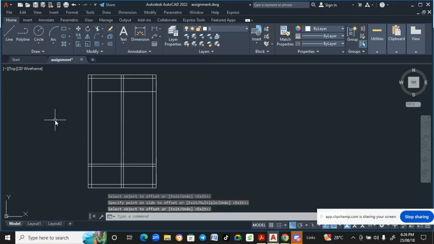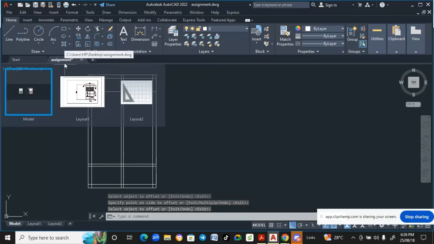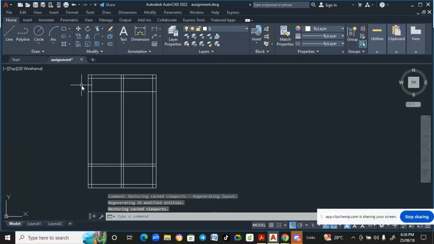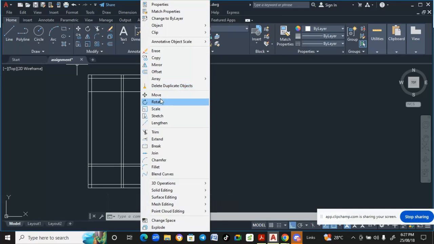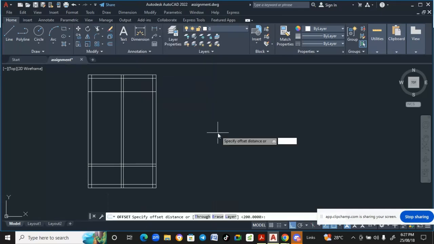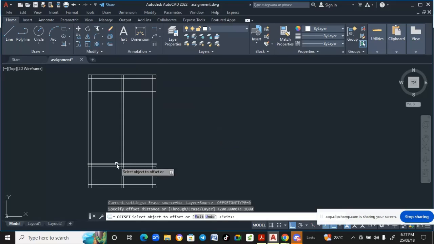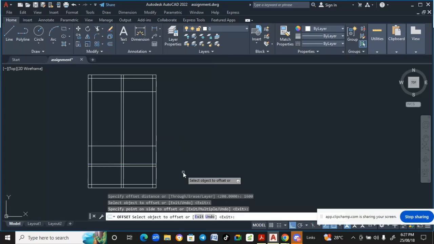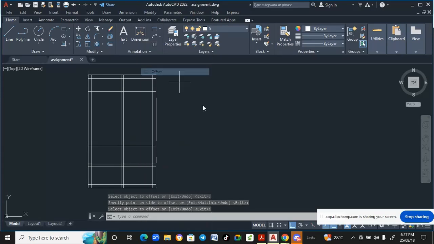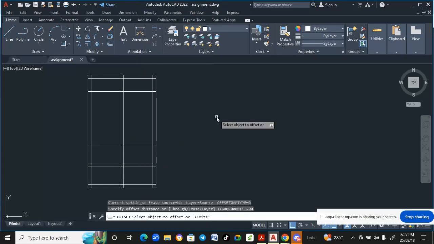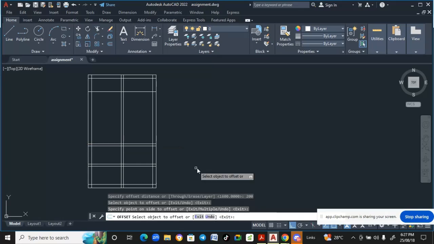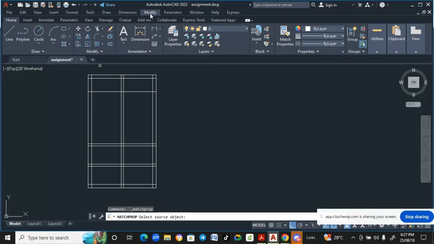Okay, then having done that, we go again 1600. We go again 1600, and then we go again 200, and then we go the final one 1600,